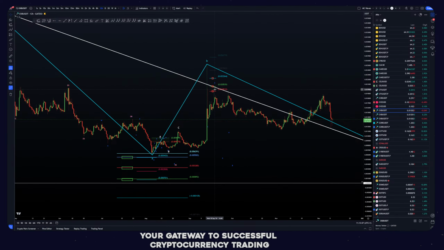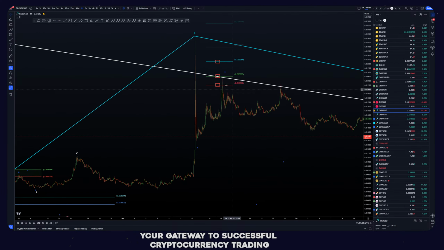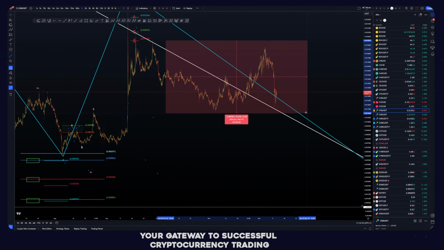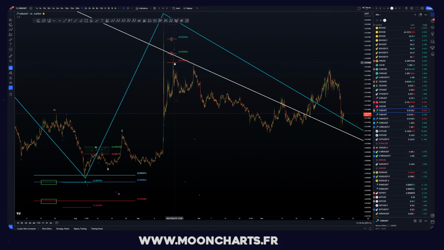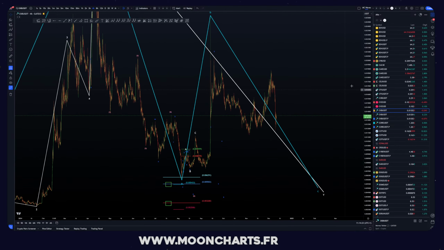Got a nice short trade off the 1-to-1 extension there. I don't know what this 1-to-1 extension was, but okay, this triple wave. That's a nice short trade, not gonna lie. Yeah, 40% drop. This is pretty cool. 1, 2, 3, 4, and so you got the 5 waves down, but